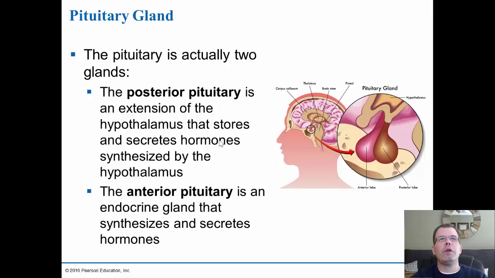Now, again, the posterior lobe is an extension of the hypothalamus, so you can kind of see it comes down off the end of the hypothalamus here, and then that posterior lobe, because it's behind the anterior lobe, secretes hormones that are synthesized by the hypothalamus. And so the hypothalamus makes these things, and then it transfers them to the posterior lobe where they get secreted. The anterior synthesizes and secretes its own hormones. And so it's just kind of an attachment to the hypothalamus, but its own separate entity, whereas the posterior really takes all its role